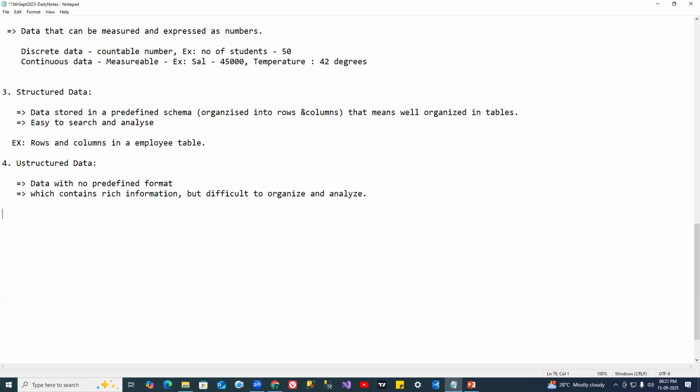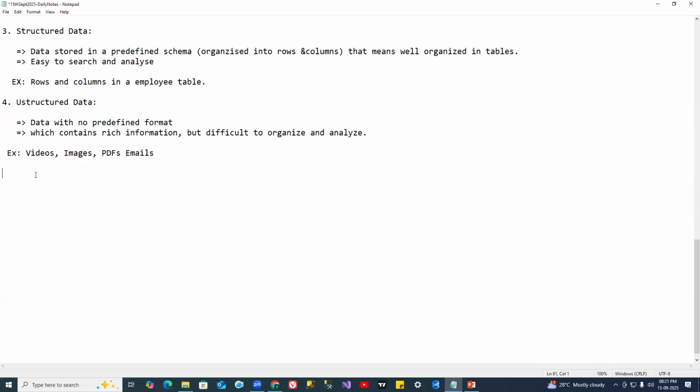Let us see the examples. Videos, images, PDF files or emails like that. Unstructured data has no fixed format. Whereas structured data has a predefined schema, predefined format, well organized in tables. That is structured data. This is unstructured data. We also have one more type,